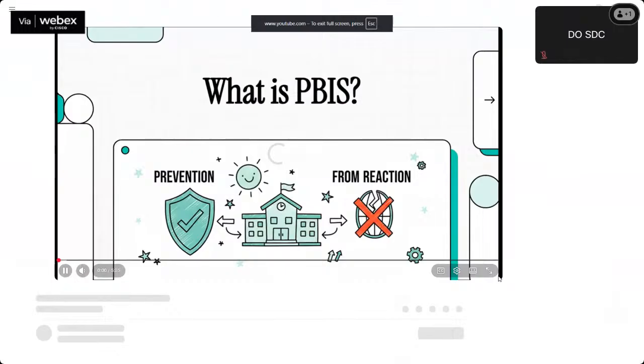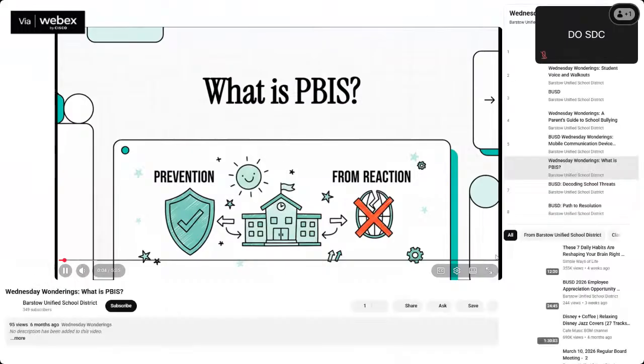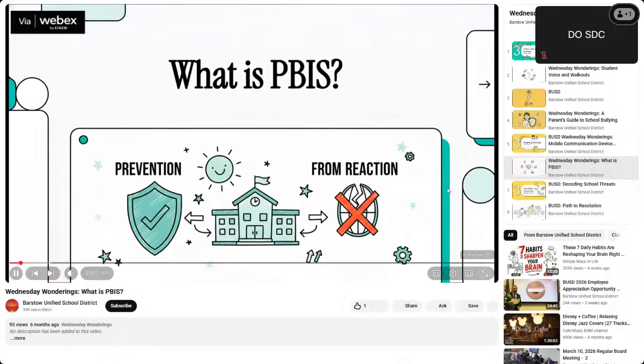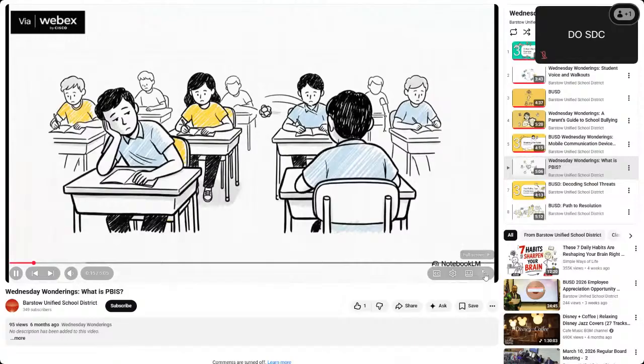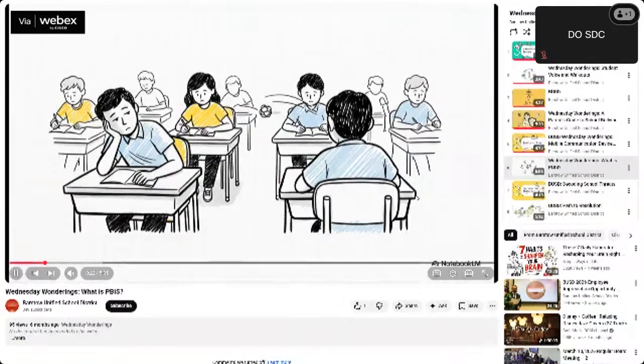So, today we're going to talk about something that's really shaking up how schools think about student behavior. It's a framework called PBIS, and at its core, it's all about one powerful idea: focusing on prevention instead of just reaction. Okay, so to really get why this is such a big deal, let's start with a scene I'm sure we can all picture. Imagine a classroom. It's getting kind of late in the day. Everyone's a little restless. And then, yep, a spitball goes flying across the room.